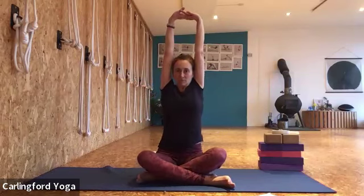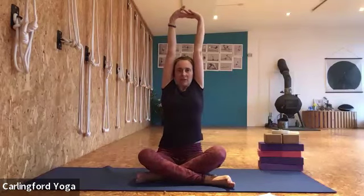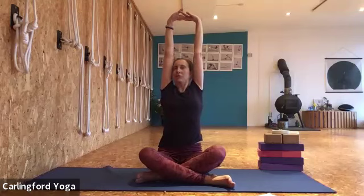So as you inhale, stretch the arms forward and drop the other way. Arms away, spreading the skin of the palms from the center out to the side. As you inhale, stretch the arms up. Continue to extend up infinitely, squeezing the outer arms in towards one another, lengthening, breathing, soft breaths through the nose,